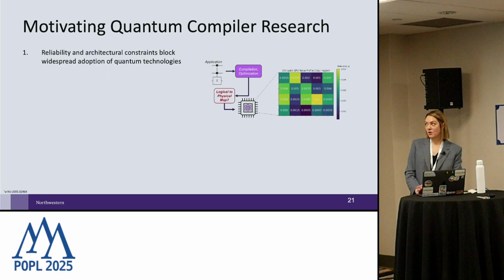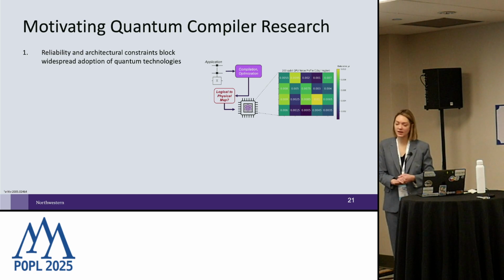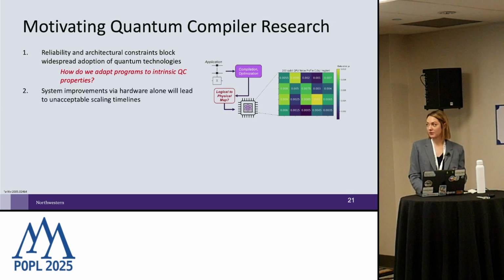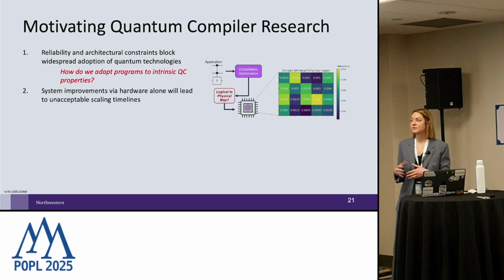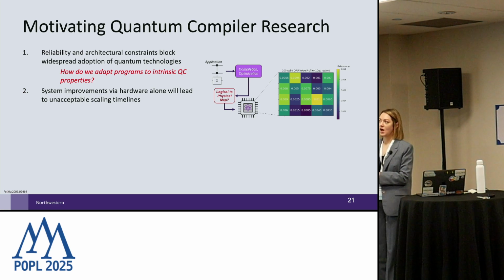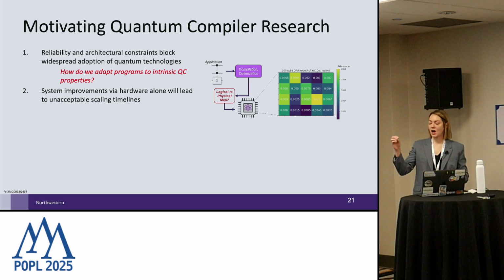So motivating quantum research in compilers, we highlighted that there are architectural constraints, there are reliability constraints, taking this application to machine mapping. So how do we adapt these programs to these inherent properties? And so we talked about the first in the sense that we have all these constraints that we need to be mindful of. A compiler can help us do that. But there's also this really nice second